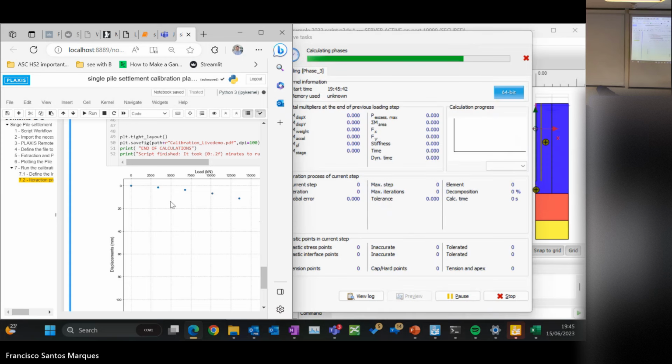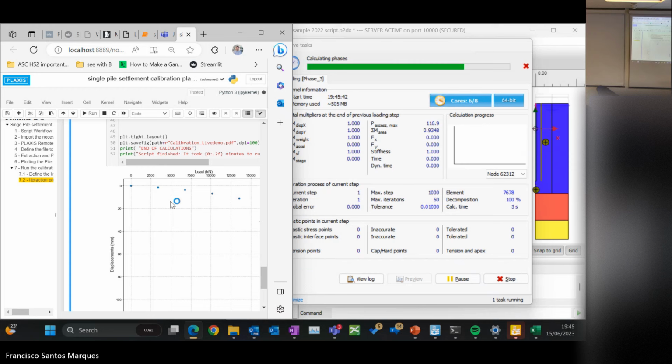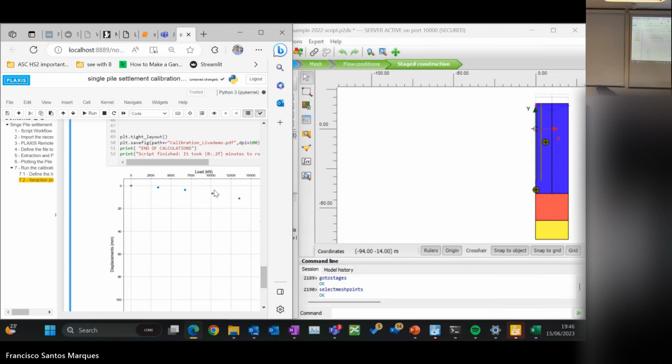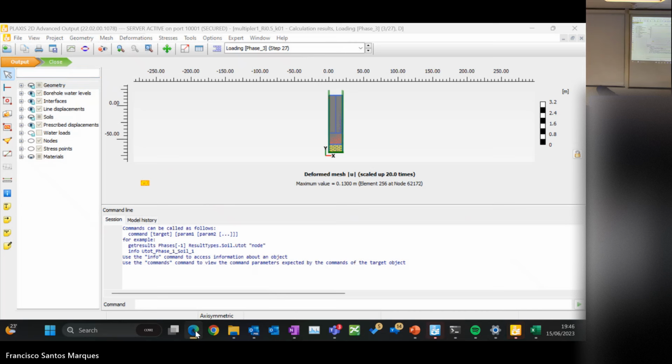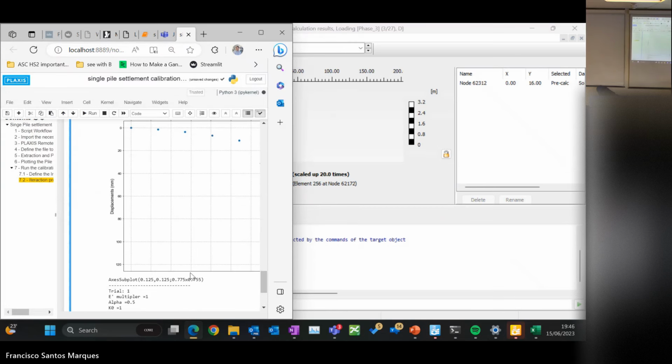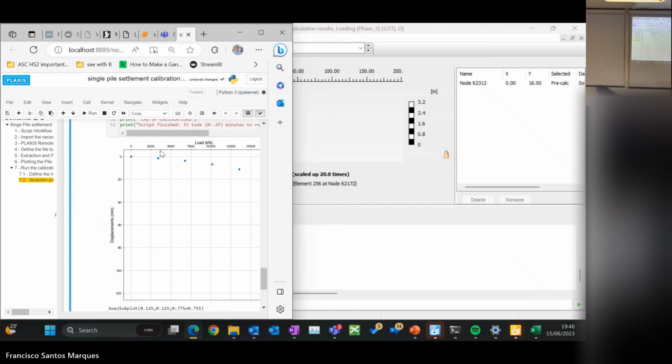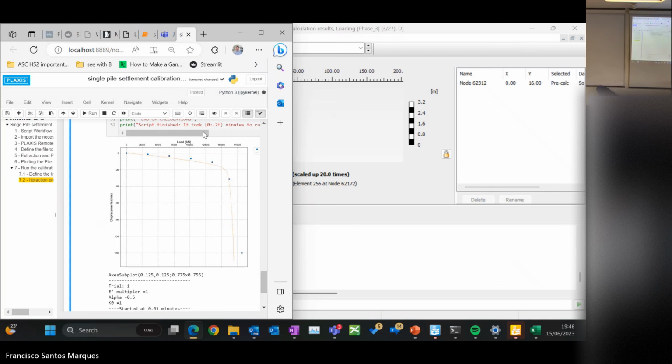In real time, we can see how our calibration is doing, and if we are running a large set of parameters, let's say 30 different combinations, and we already figure out, okay, well, actually we already found something that matches, we can always stop and analyze to see if that satisfies our criteria or not. So let's see. At some point, the curve should appear. Yeah, you see. Actually, this one is already a good match.